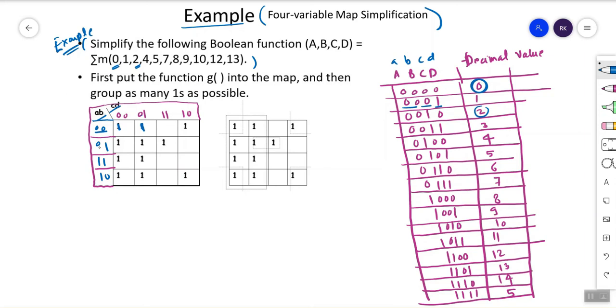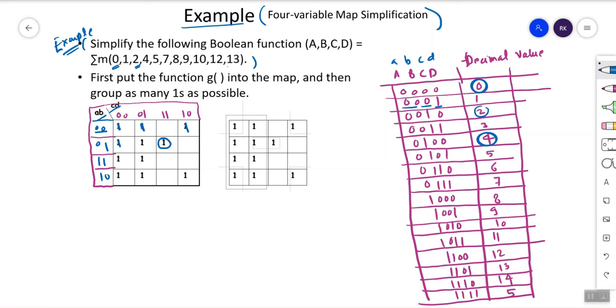Similarly 3 is 0 0 1 1, so this one is 3. Now think like 4: the entry is 0 1 0 0, so this is 4. Similarly you can put the rest; I am telling only a few examples.